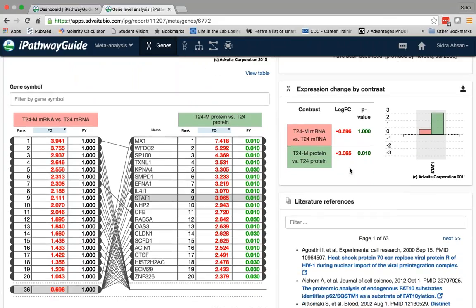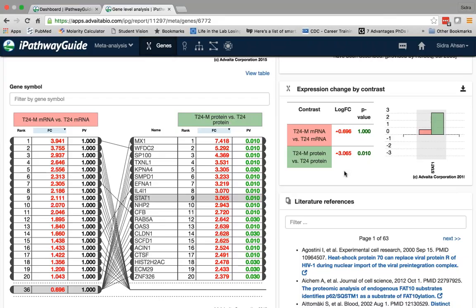the data types. And it's interesting because at the level of transcript, STAT1 is upregulated. However, at the level of protein, it is far more upregulated. There's about a threefold difference in the expression of protein and mRNA, which leads me to believe that most likely there is some kind of a post-translational mechanism going on here where there is more stabilization of the mRNA or something of so forth.